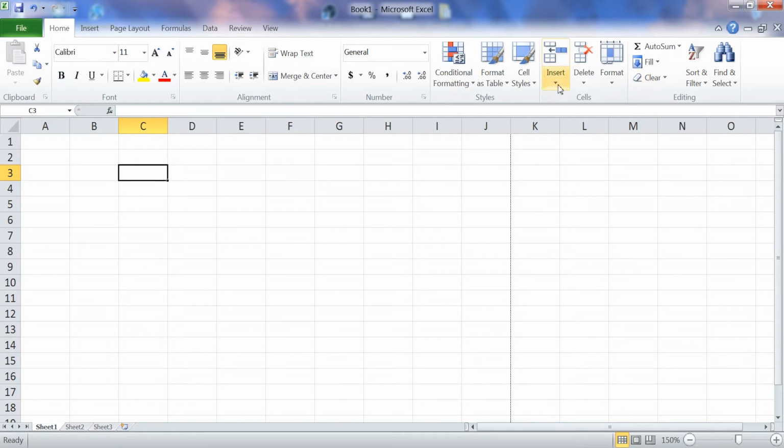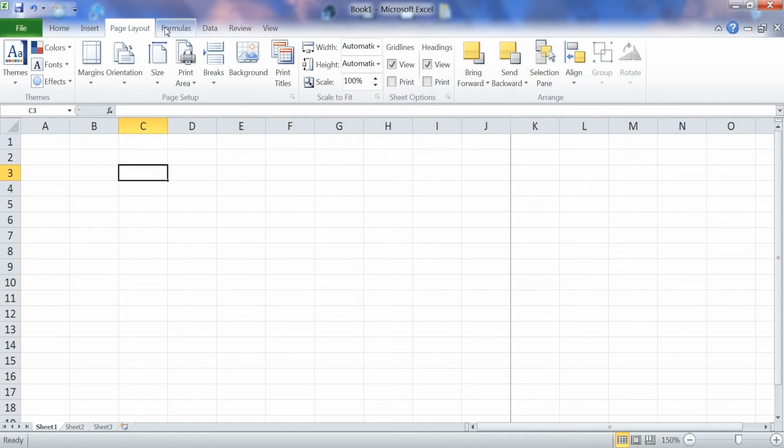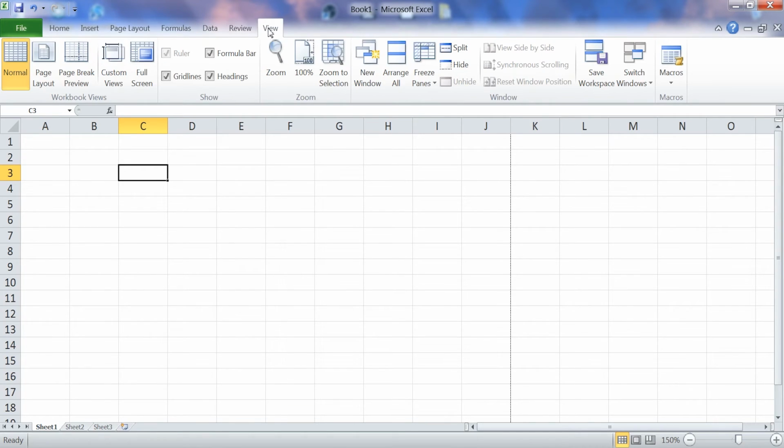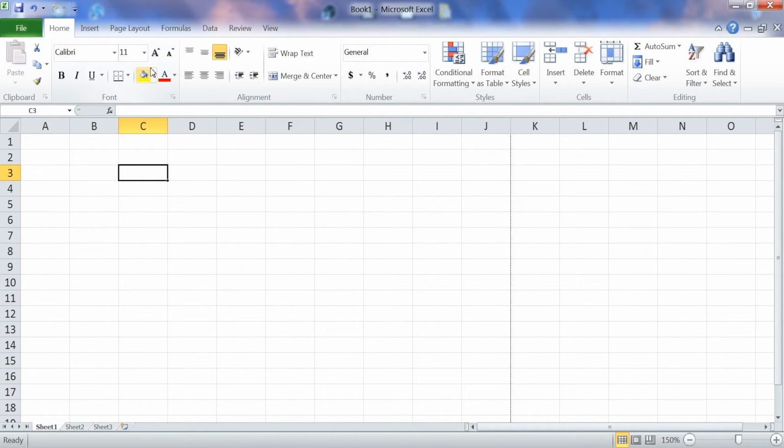This area we're in right now is called a ribbon. We're in the ribbon of a tab called the Home tab. If we click on each of the tabs, you'll notice that the ribbon changes and all the icons underneath it change. We'll go back to Home right now,